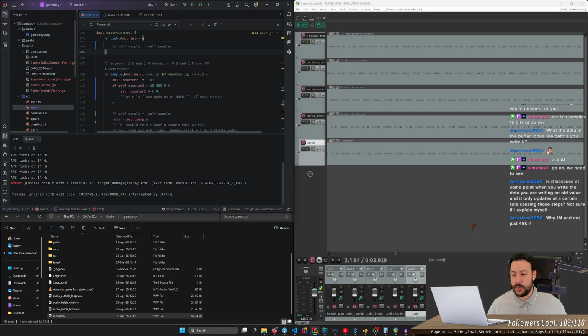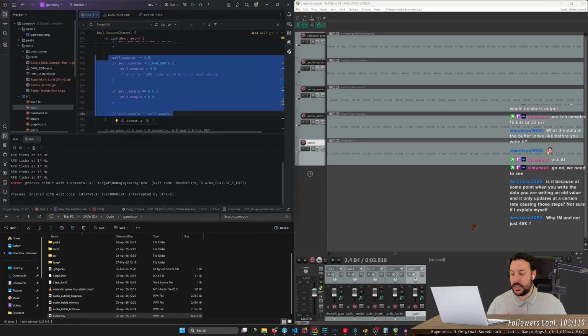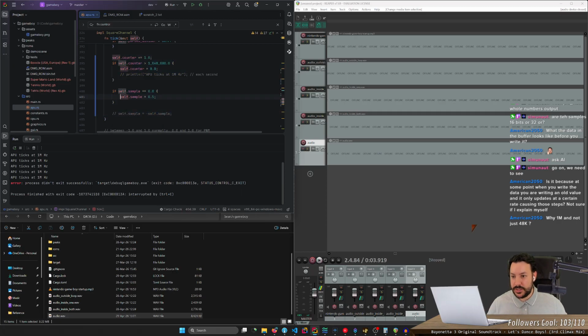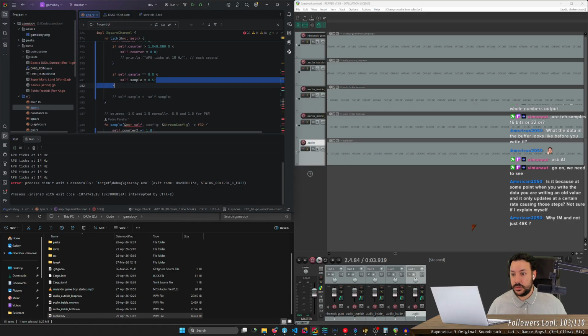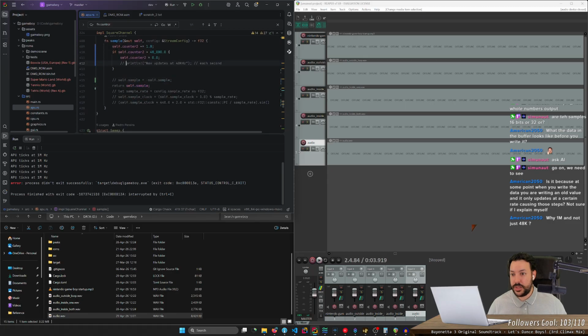But then we have, so this is my code running. This is the audio processing unit running, and it's modifying this self.sample a million times. But then I have this code here, called from the audio library that I use, which tries to use the value I have calculated here and output it at 48,000 times a second.